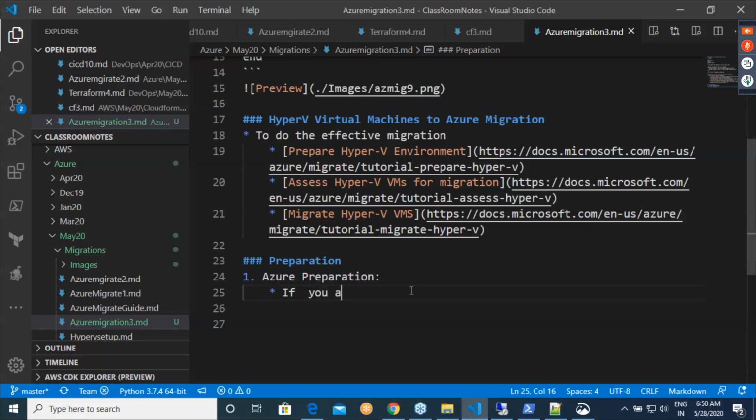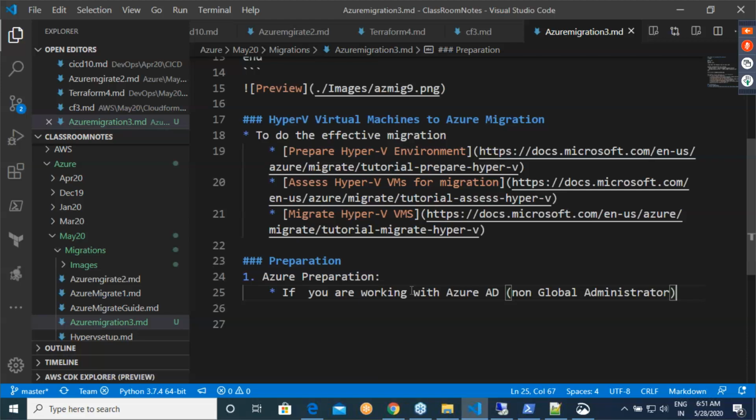If you are working with Azure AD, non-global administrator. For the people who don't understand this term, don't even worry about it.